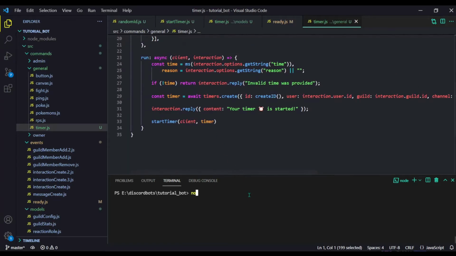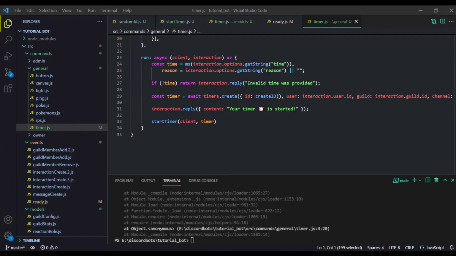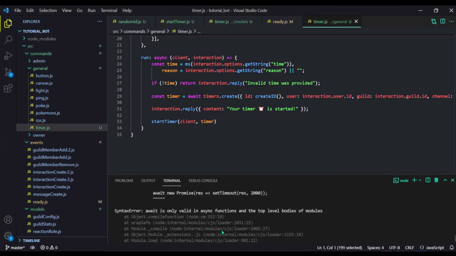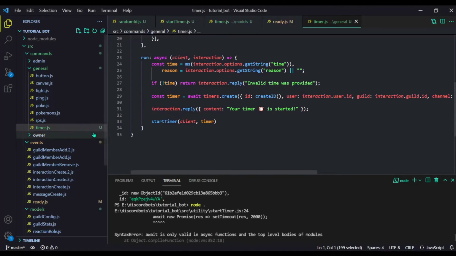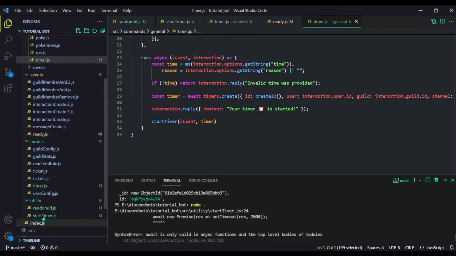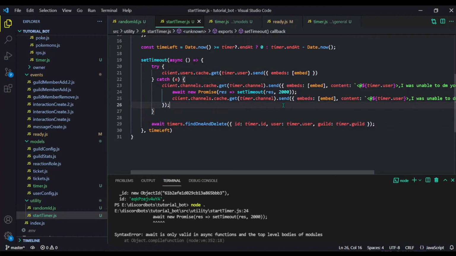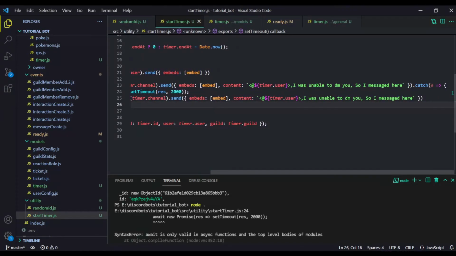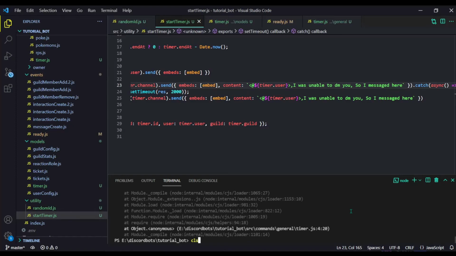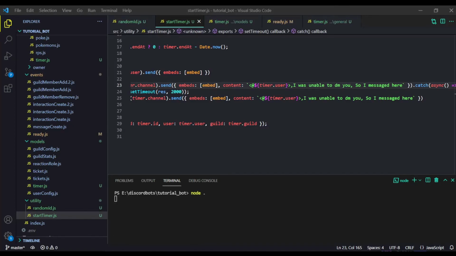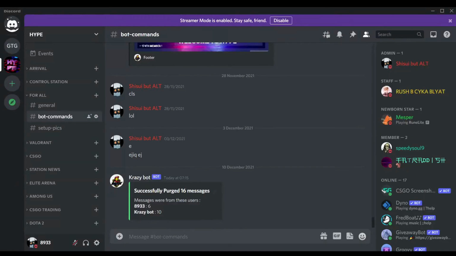So now let me show you that all of this works, and let's hope I was recording the correct screen, and I got a cool looking error. What is it? Await, oh alright, my bad. Let me just make it an async function. I'm really stupid, how can I make such a mistake. But anyways, let's type async here. Anyways, now let's just clean this, and boom. So now let me show you the Discord screen real quick. Alright, it is started.